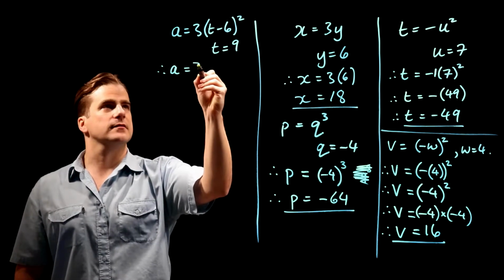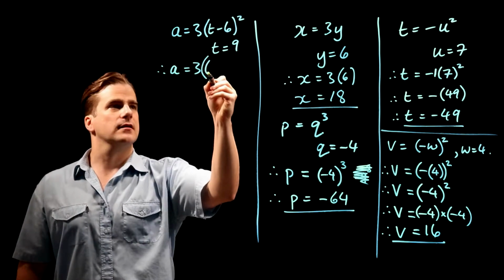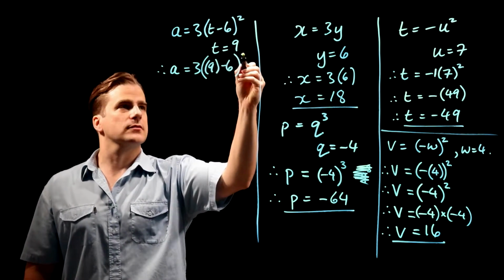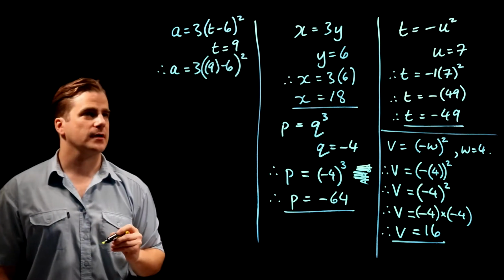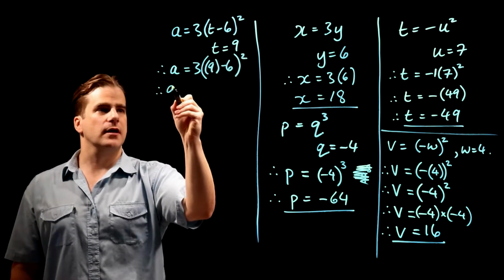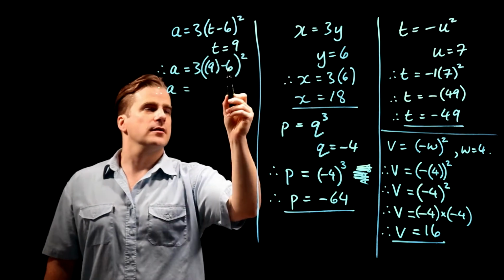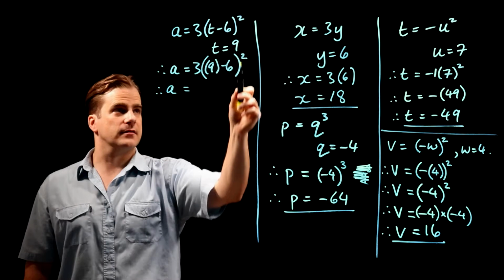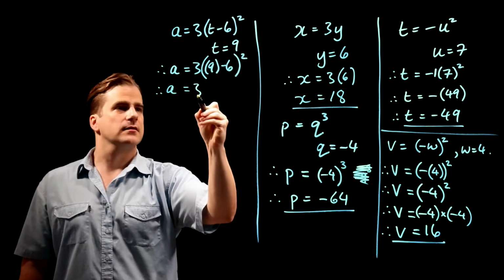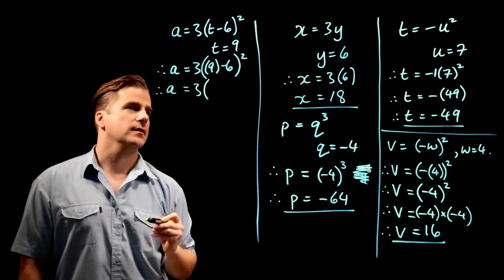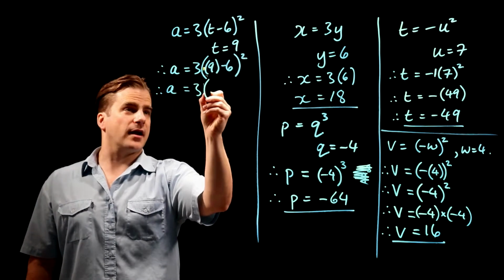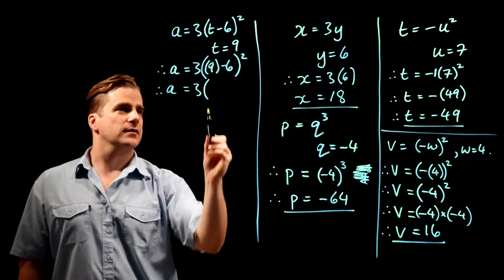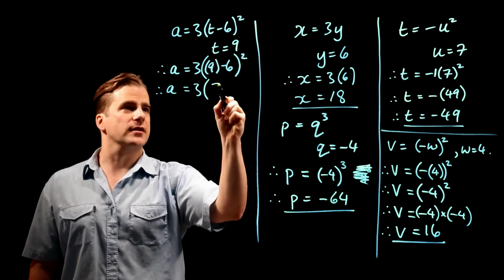Therefore, a is 3 times (9 minus 6) all squared. Okay, therefore a is, well, brackets first. We have to sort out what's inside the big brackets. So we can remove those little brackets because there's nothing else happening to that. So it's just 9 minus 6, which is 3